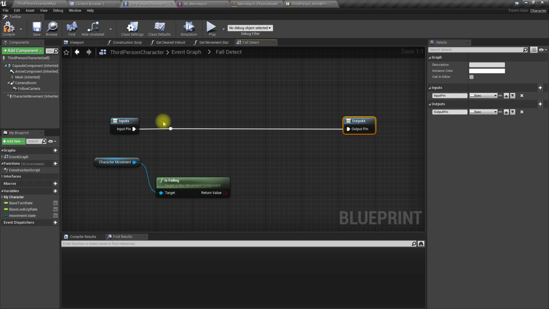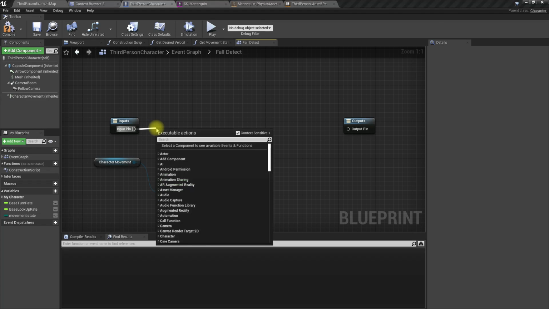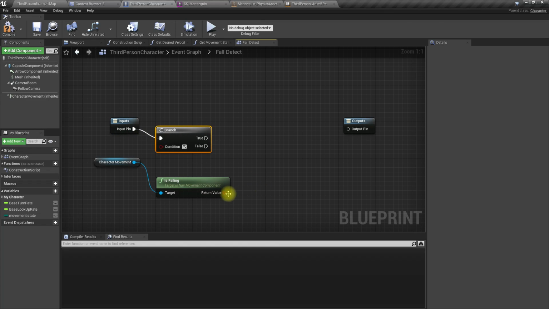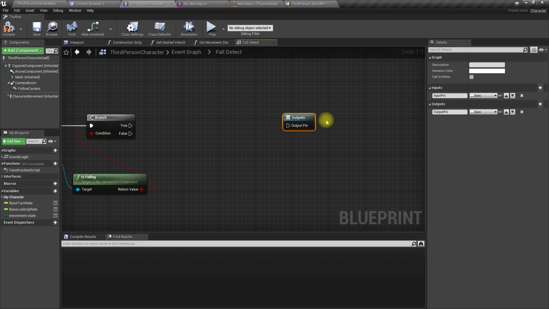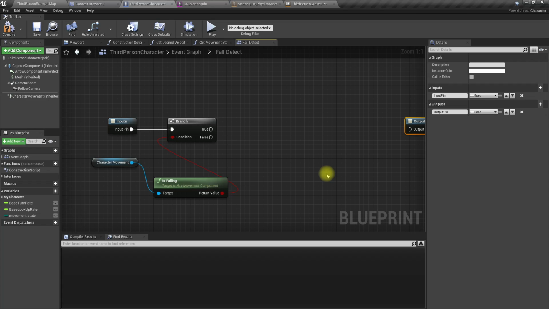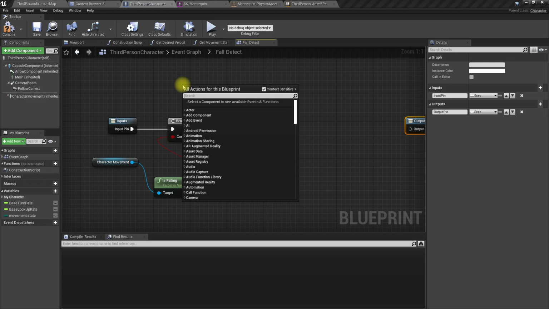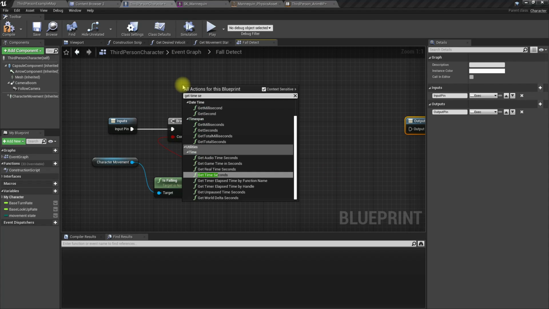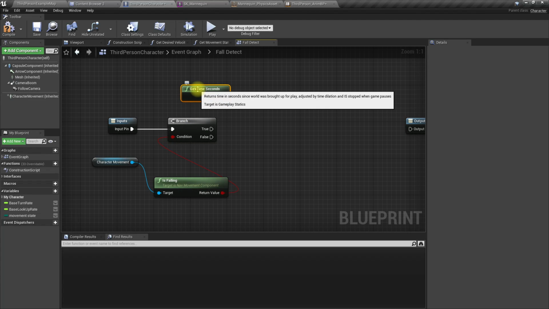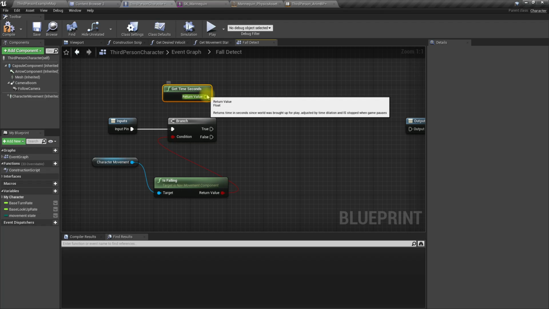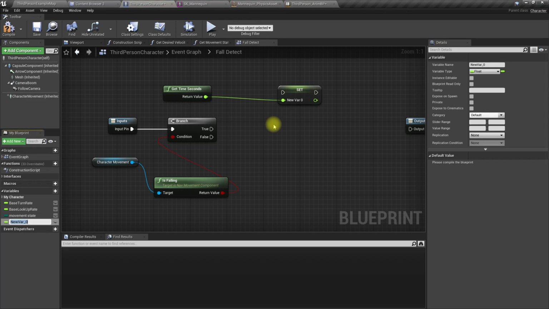So we can have a branch here. If is falling true, let's get time seconds. This returns the time in seconds since the beginning of the gameplay. So I promote this to a variable, fall started time.